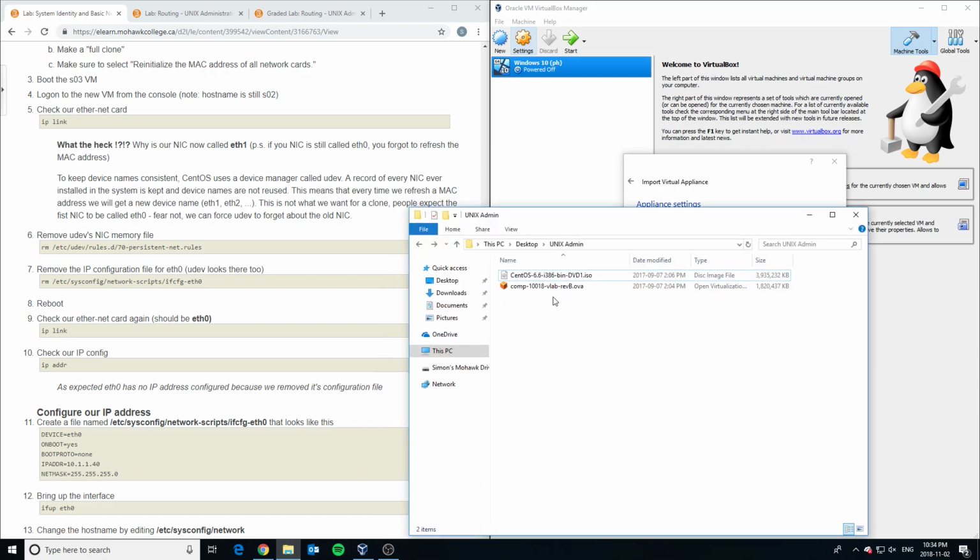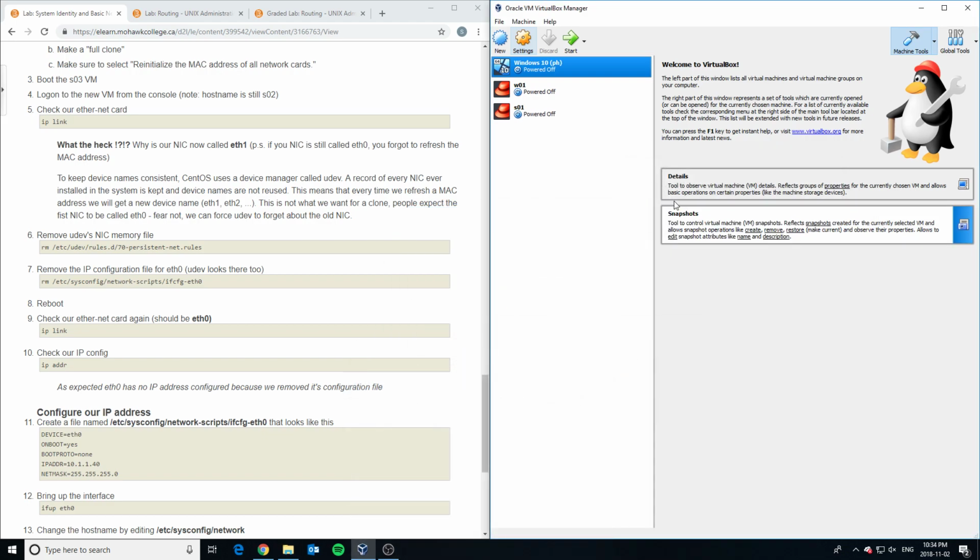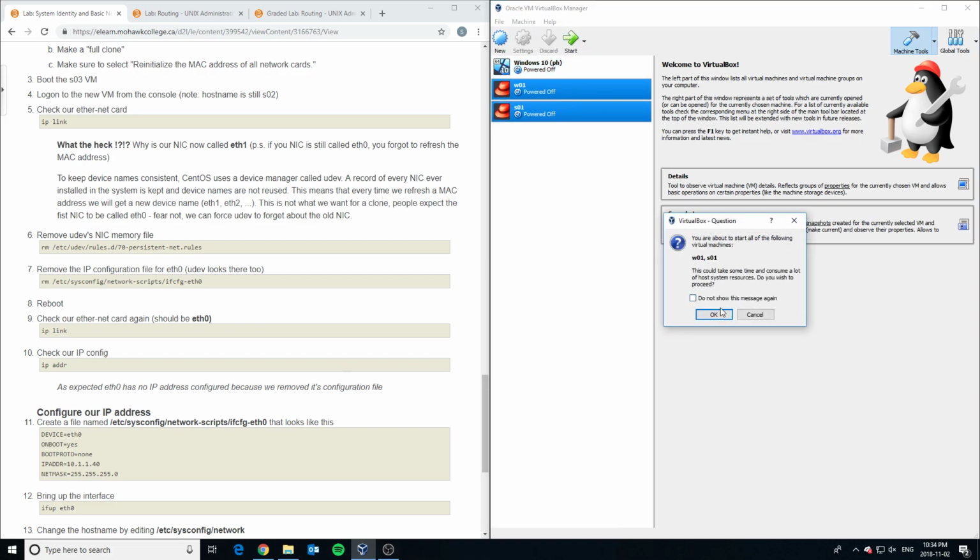One thing you need to know is you are definitely going to need the DVD ISO image because we're going to have to install traceroute on SO2, and SO2 is not a virtual machine that has a connection to the internet, so it needs to find the traceroute software or the program from somewhere, and it's going to find it from the DVD ISO. Okay, so make sure you have this with the OVA file, otherwise you can't complete this lab. So what I'm going to do is boot these guys up,